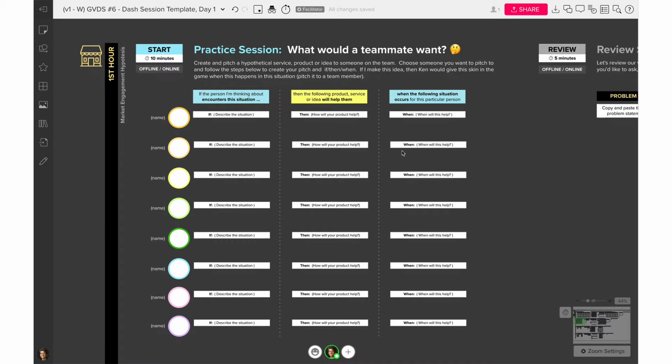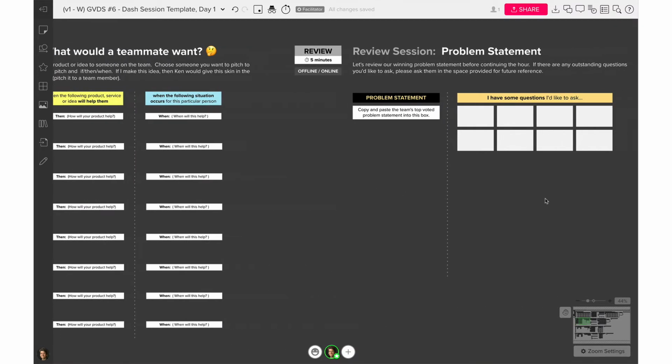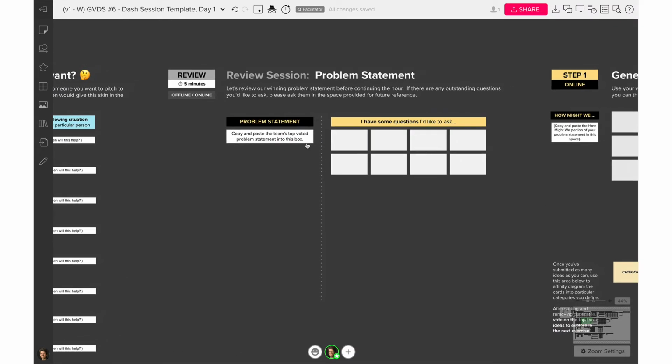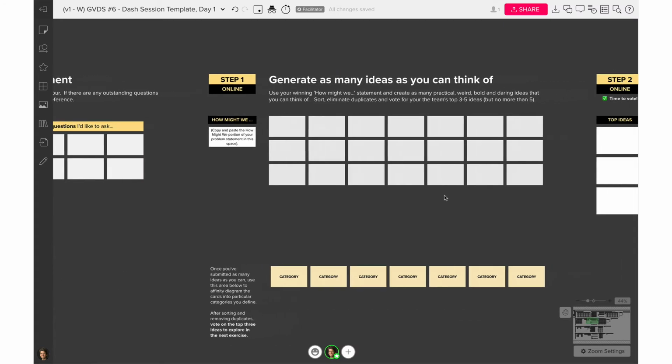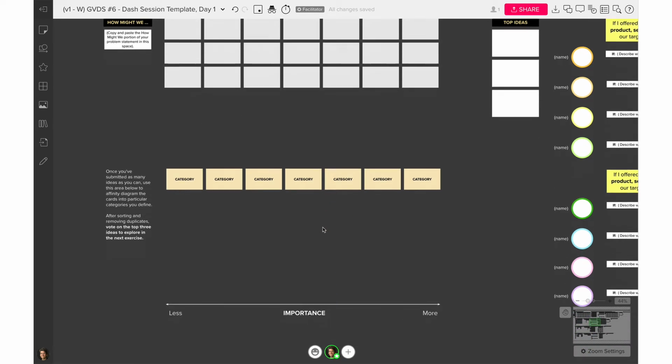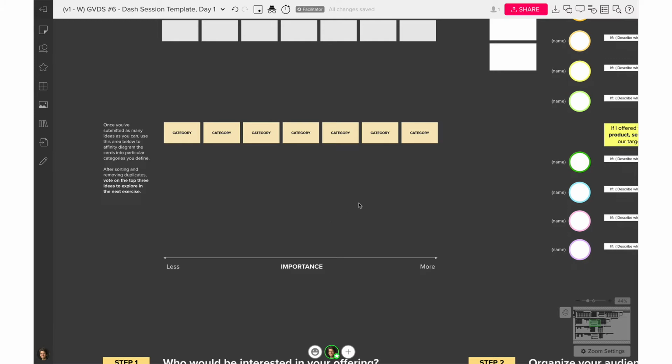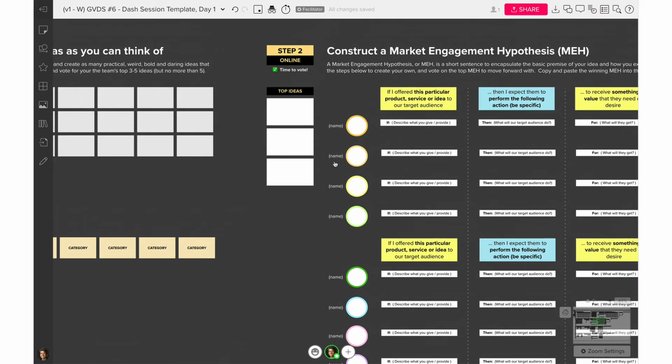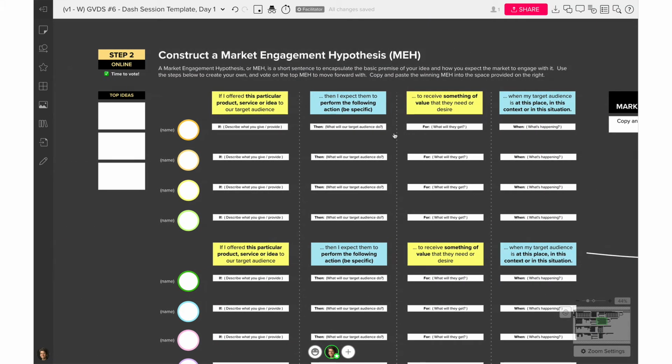Once you write these out, have a little bit of fun, you can go over here to review your problem statement, what you just built in the previous section, and any outstanding questions you have to understand it better. You move on to generating a ton of ideas, as many ideas as you can based on the how might we sentence from your problem statement. You put all those there, do more affinity diagramming, pick a top 3 ideas to explore in the next exercise, put those here,